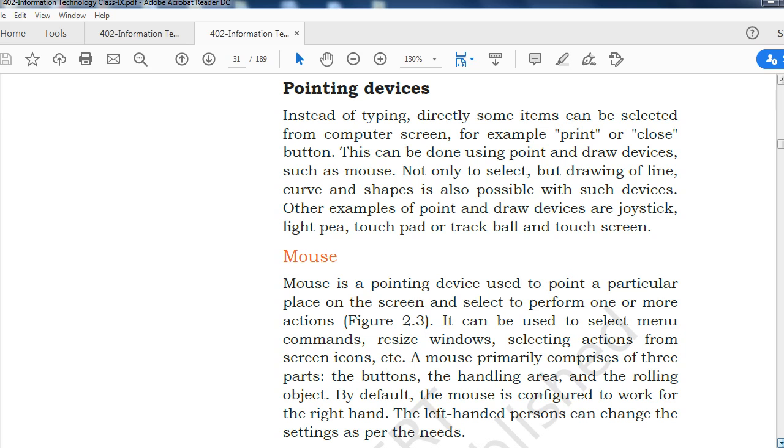With the keyboard also, if you don't have a mouse, then from the keyboard also we can select the items. But if we have a mouse, then it is very easy for us, not only to select the items or icons, but also to create many shapes. It is much easier to use the mouse for pointing, or we can also scroll down. We have a lot of options, right?